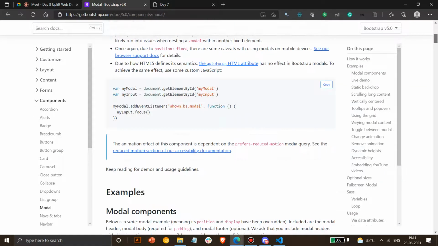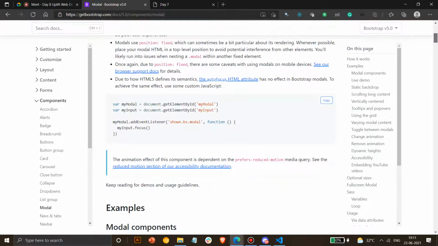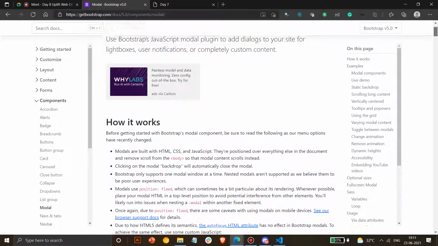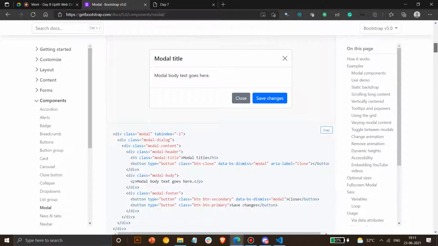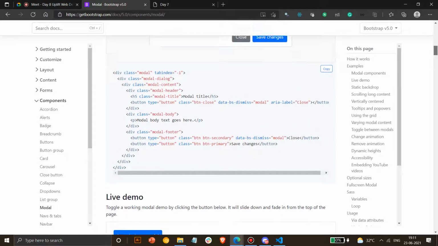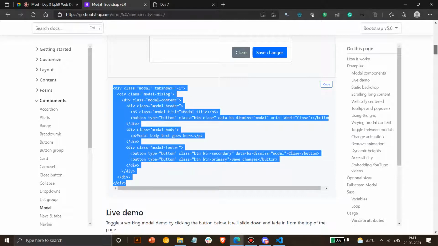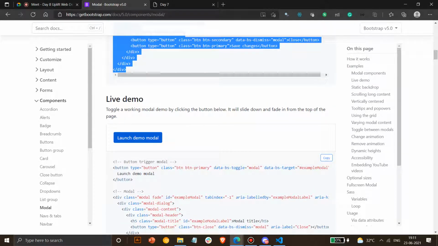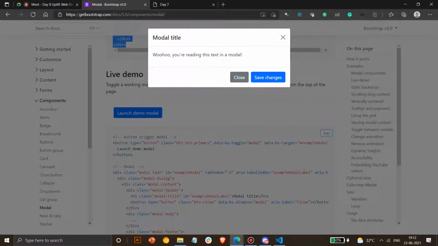This requires a little bit of JavaScript, so we can go into this, but I'll explain the basic JavaScript if required. I think most of it isn't required right now. We'll just see how to integrate this on a click of a button. I'll show you the live demo. Whenever you have a button like this, you just click launch demo or something like that. You can specify whatever action you want, so it will show you a modal.